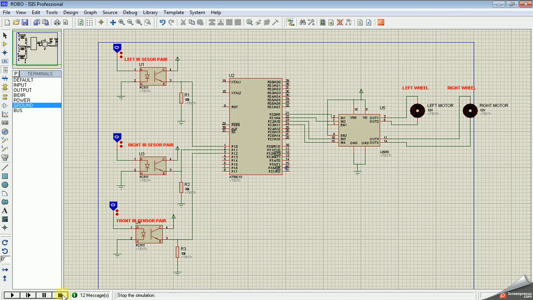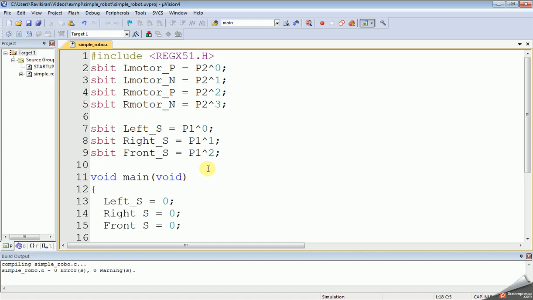So let's start writing the program. As I told, there are two motors. The left motor I am representing as L, and the right motor as R. LP is the positive terminal of the left motor, LN the negative terminal of the left motor, RP the positive terminal of the right motor, and RN the negative terminal of the right motor.